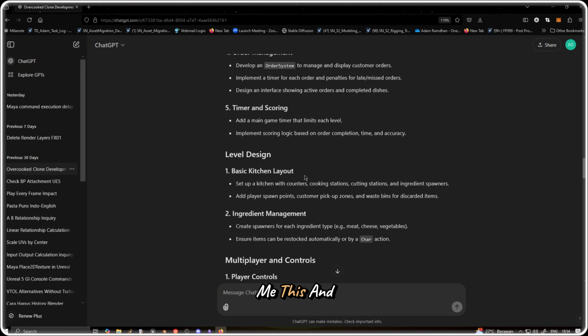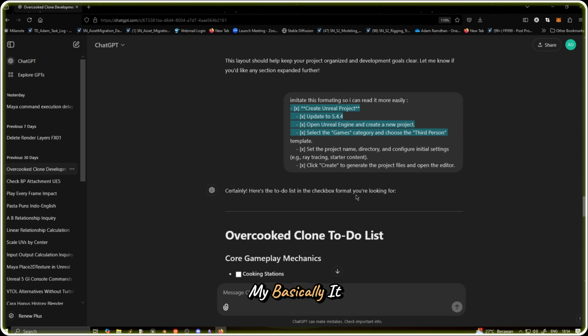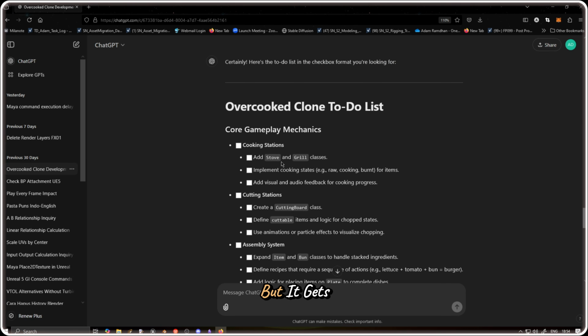It still gave me this, and then I gave it this thing. It's Markdown checkbox format. It should be MD though, but I don't know why ChatGPT doesn't recognize this as MD formatting,